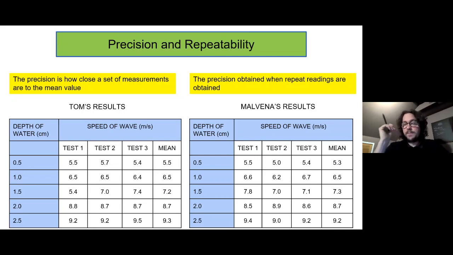Precision and reliability. Two terms that pop up a lot. So what we've got now are two data sets. We've got Tom's results and we've got Malvina's results. And I know that seems like a little bit of an odd name, but that was my nan's name, right? So be nice. Anyway,